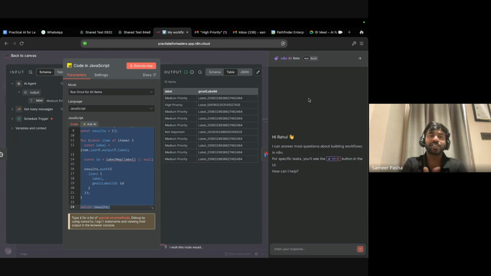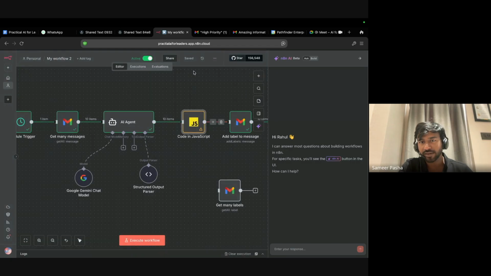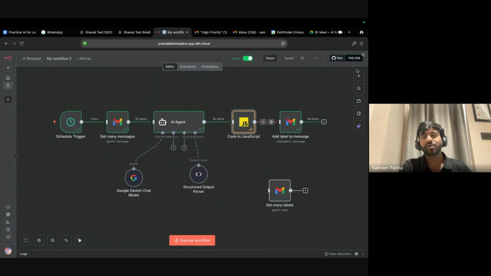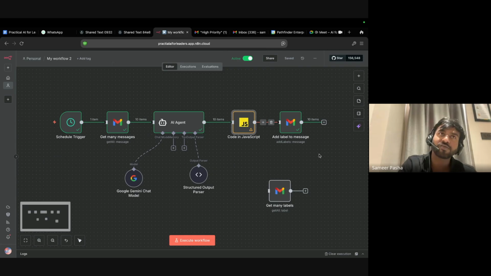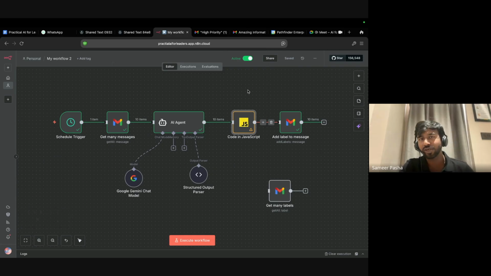For example, let's say if there is an issue with this JavaScript, the N8N AI agent can read the screen, can figure out where the issue is, and it also gives me just a button which is replace or correct my code. You just click on that button and the code directly gets replaced with the right JavaScript. And this is not just for the JavaScript node, this is for all the nodes. So the ease of building is one of the most amazing things when we are talking about N8N.